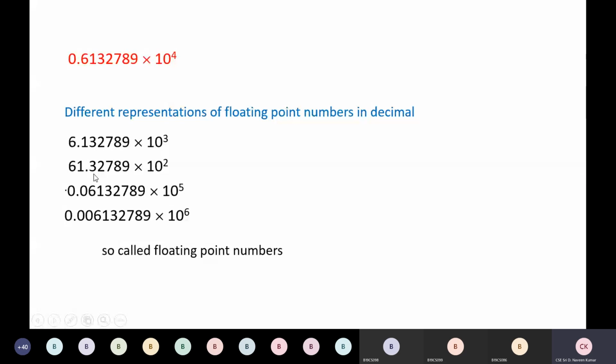But in the scientific notation, the numbers must be fixed in one format. They must not change. So we have a particular restriction so that it will not float in this way, and there will not be this many representations for a single number. There will be one rule so that it sticks to only one notation and does not have multiple representations.